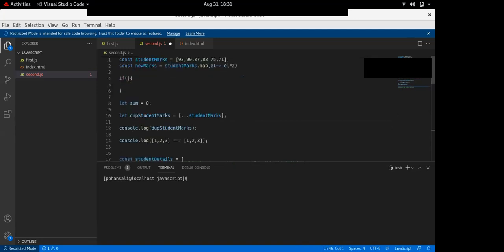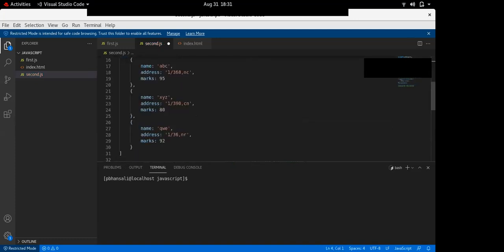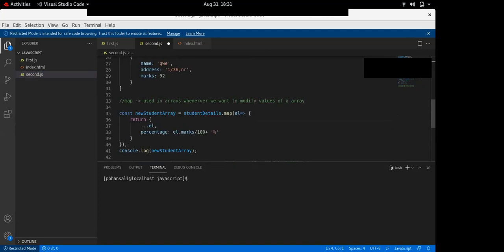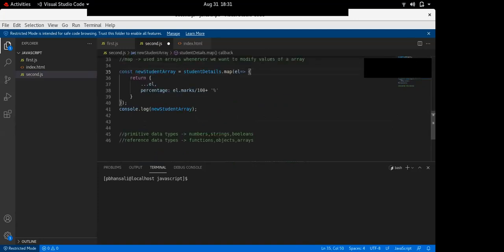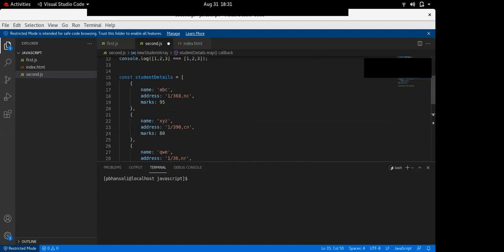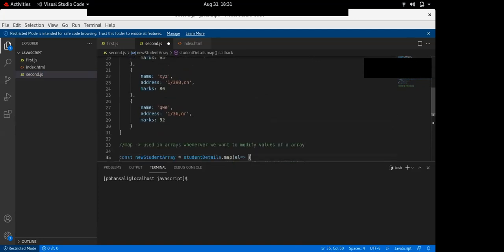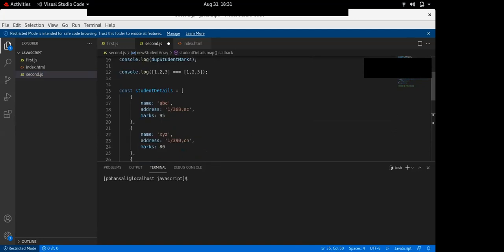For the filter method, we have to use a callback function too. For example, I know what it is actually, let me check my code. See, for example, consider this filter.